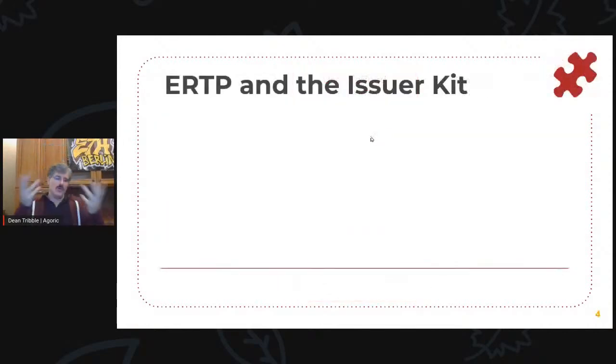Okay. So ERTP, Electronic Rights Transfer Protocol, and what I call the issuer kit. We use the term kit when you can get a bunch of objects that are all connected to each other. So there are some key objects here that are the glue, as I mentioned in the chat earlier, that enable us to have a single JavaScript smart contract that works for assets, whether it's the native currency or the native staking token, whether it is a wrapped Bitcoin brought onto ETH, pegged over